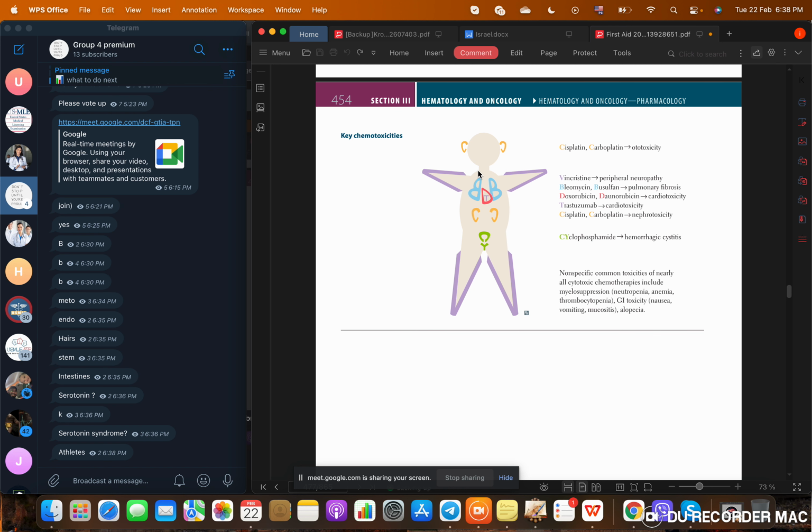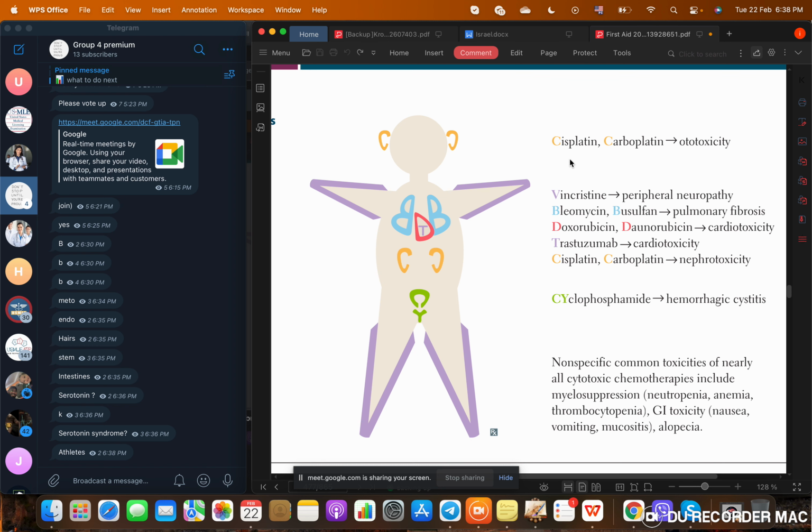Okay, so let's speak about key chemotoxicity. See this, the chemotoxicity? You will always get a question about it, mostly this question. But in general, you will get a question about it. Let's start like this. We have cisplatin and carboplatin, the platinum drugs. They lead to ototoxicity. And remember, we always said any drug that leads to ototoxicity also leads to